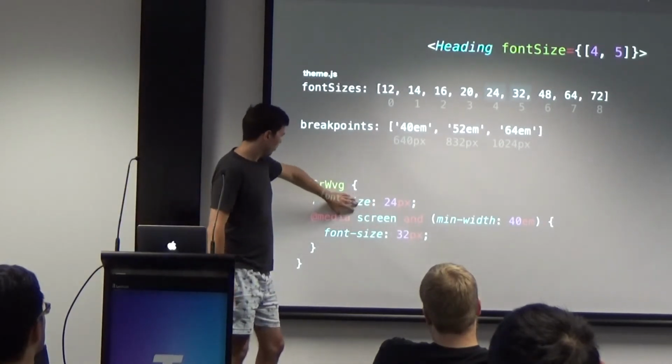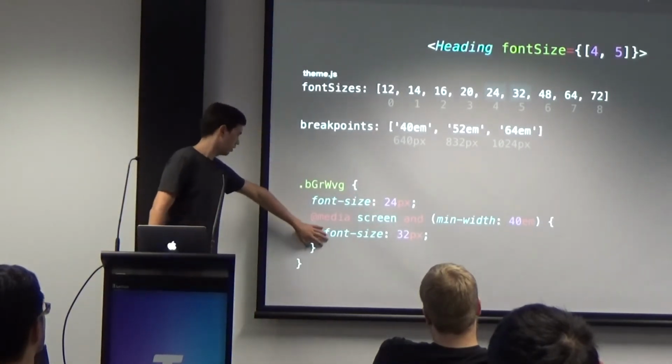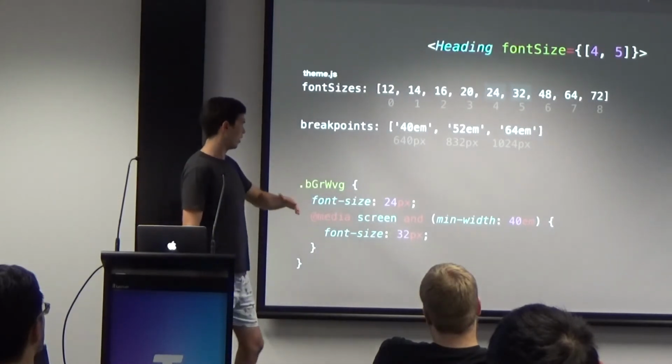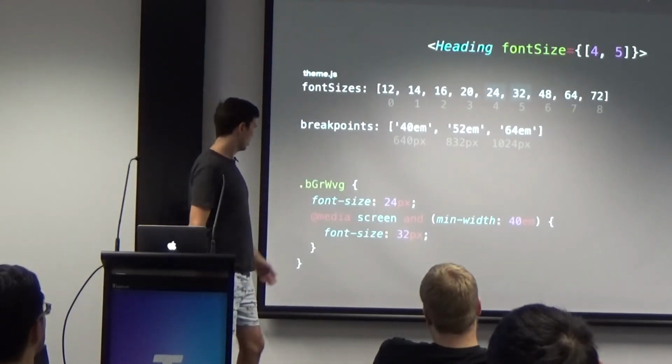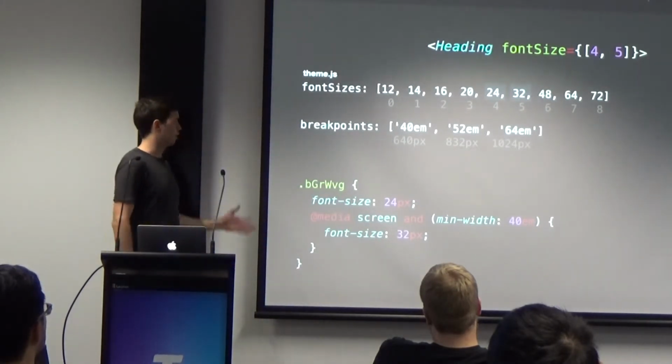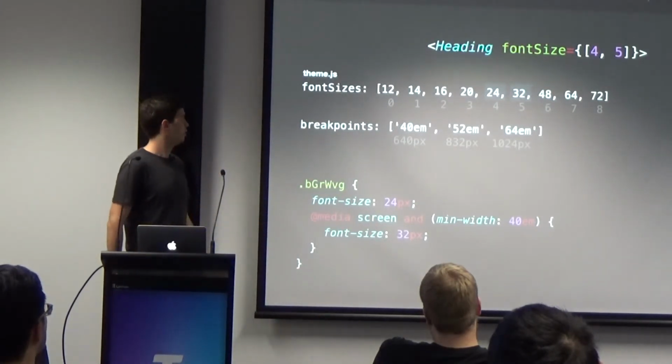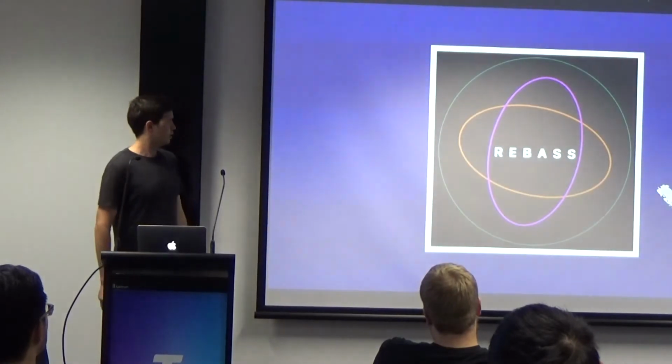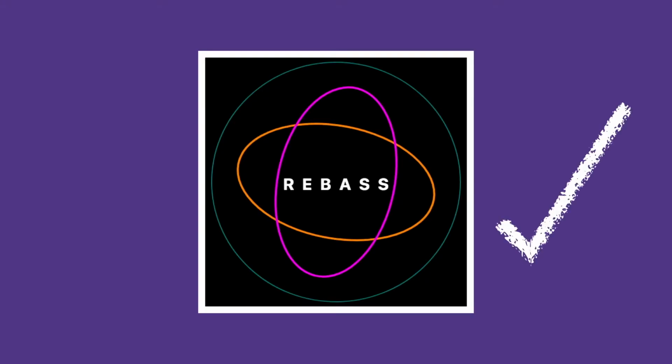The fonts will be small, they'll be 24 pixels, and then on larger devices, anything above 640 pixels, it'll be 32 pixels. So it's a nice way to set out a responsive layout as well. And we're experts again. Easy. Look at that, learned 2 libraries. So now that we've mastered styled components and Rebass,